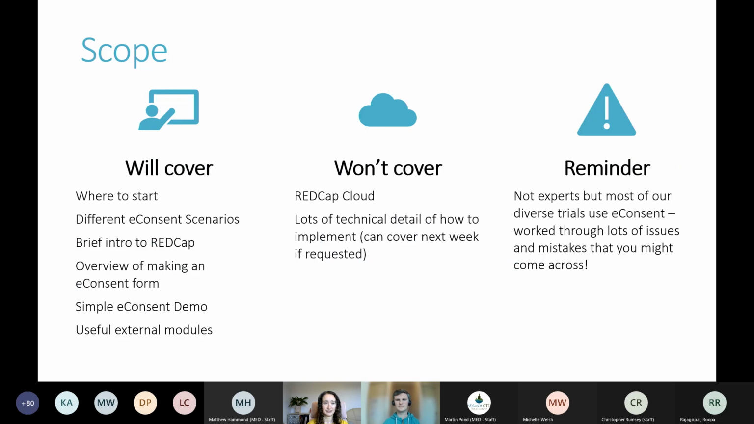So just to say what we're going to be covering today. We're giving a high-level overview of implementing eConsent in REDCap: how to get REDCap if you haven't got it already, different things you need to consider, and requirements for an eConsent system. A brief intro to what REDCap is and the parts of the eConsent form and how those are implemented in an electronic system. We're also going to show you a quick demo of an eConsent system. We'll send you a link to an online open system in REDCap for consenting, so you can view it as a participant. That should be useful if you've not used REDCap before,